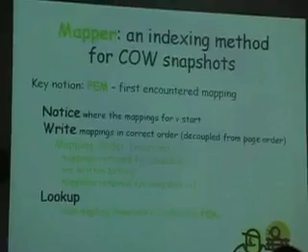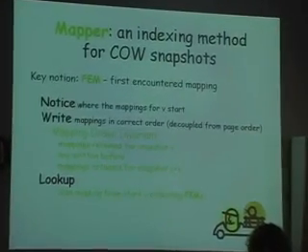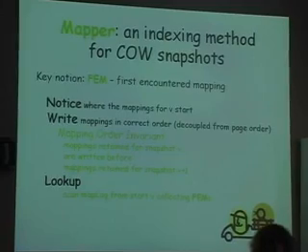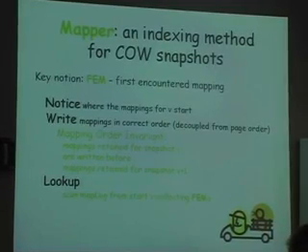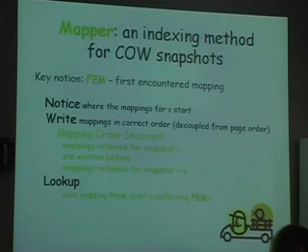But notice, I don't have to control the order in which the pages are written. I just have to make sure that the mappings are in the correct order. That's actually very important for third-party implementations, because I can track the buffer manager as opposed to manipulating how it writes, and the mappings are small, so I can reorder them in memory. So the lookup is to scan the map log, which is what my log is called, and collect those first encountered mappings. Now this is great,